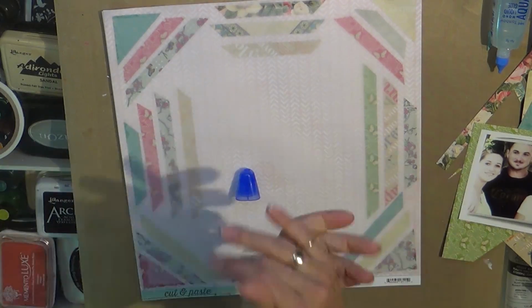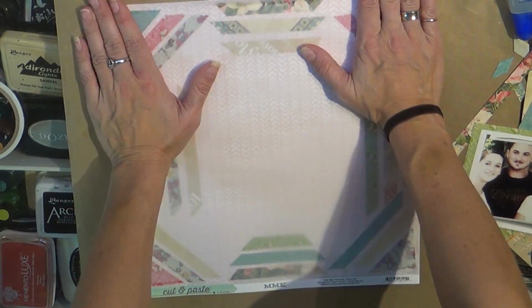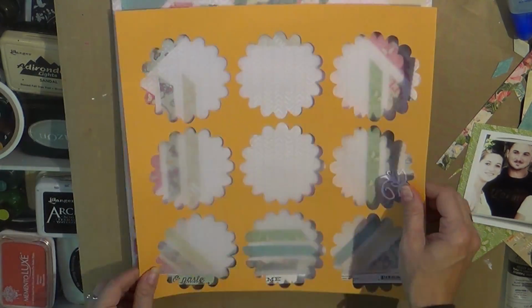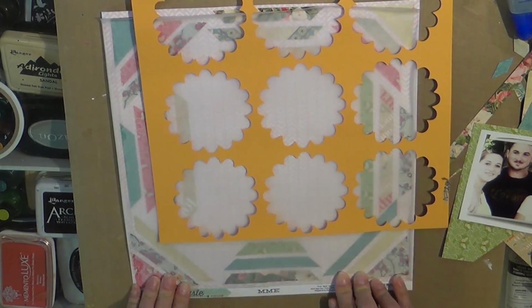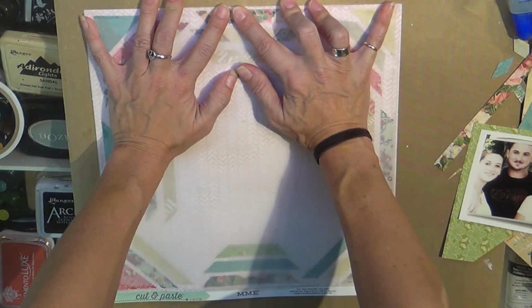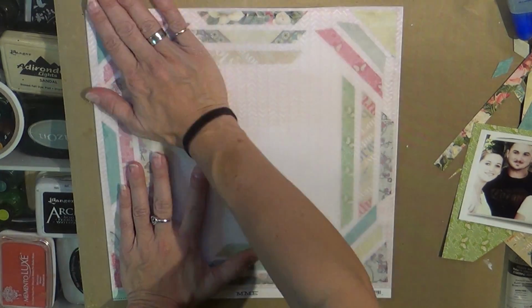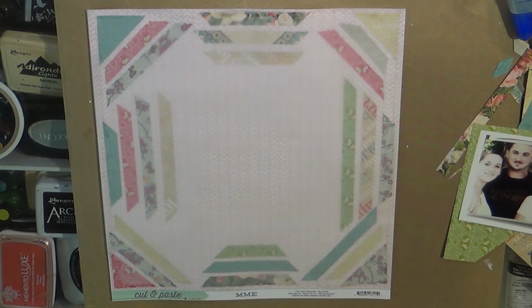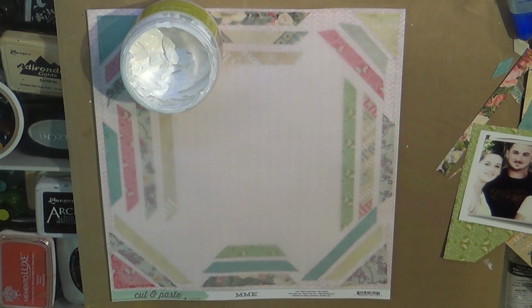So yeah, here's where I go and grab that vellum, and that glue made it just not lay flat, so I ended up putting a staple right in the middle of it. I thought about going over it. I was also die cutting out doilies for one of my subbies, and